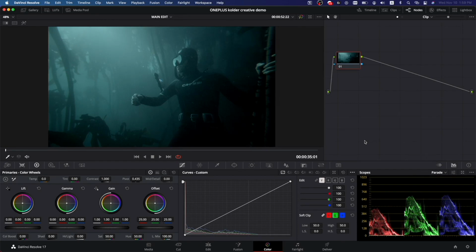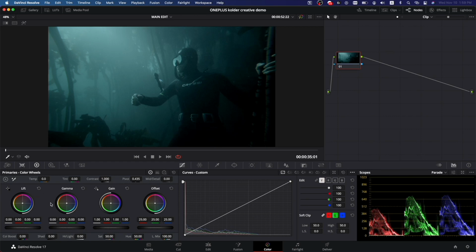Okay, so this lesson is all about curves, and the curves tool can be found right here within DaVinci. If we hover over top of it, we'll see that it says curves. Now, this is our curves graph over here. And in here, we can make very similar changes to our image as what we can do within our primary